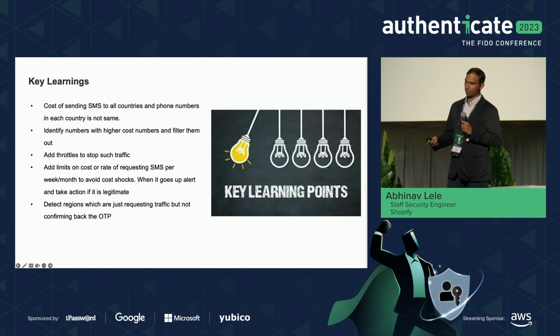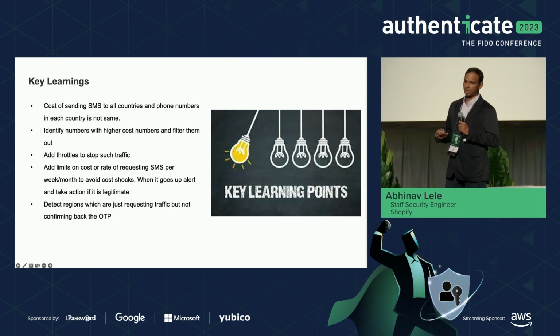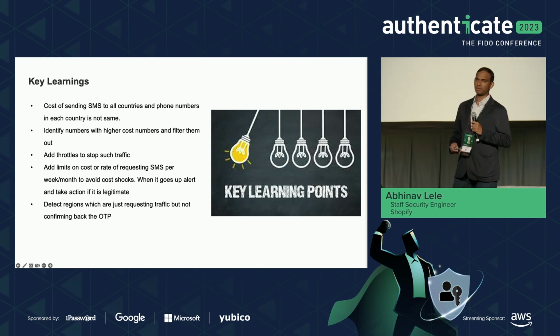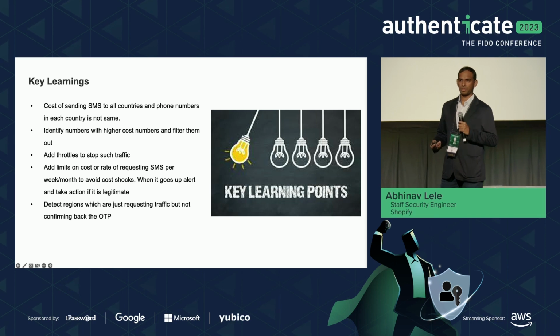There will always be growth. So you can have alerts which say that, okay, it was $1,000 today. Tomorrow, suddenly it becomes $5,000. Probably you had a campaign going through where you got a lot of new users. So probably that is legitimate. But if suddenly you see that that $5,000 is coming from a country where you don't have any users or anything attached with your product, you probably need to stop that.